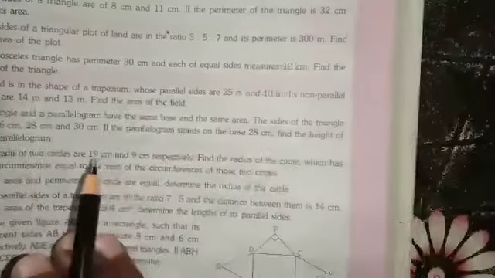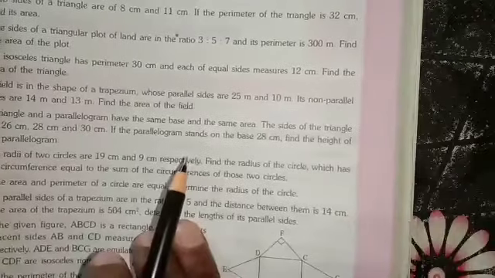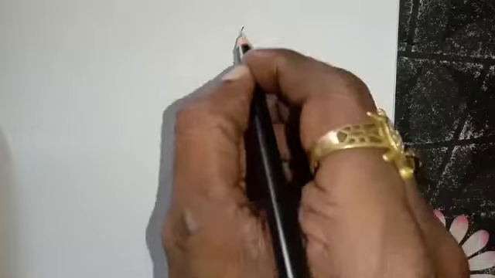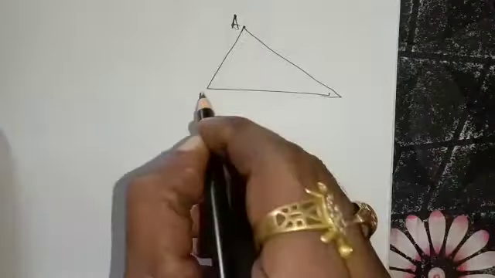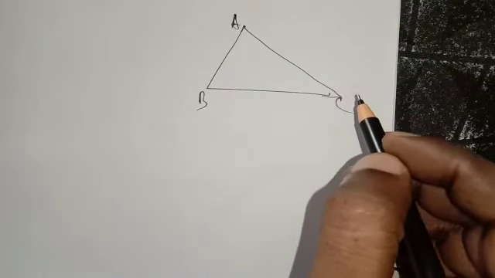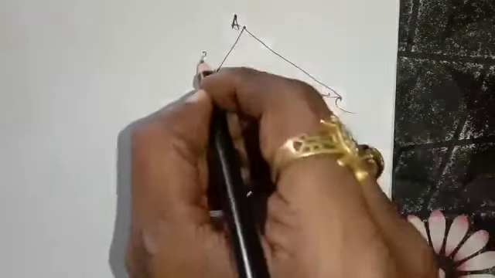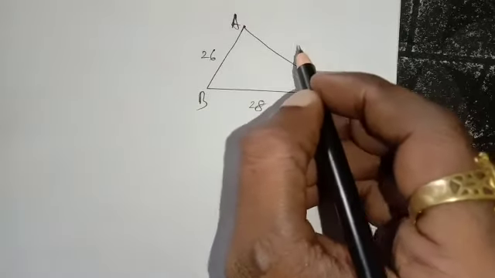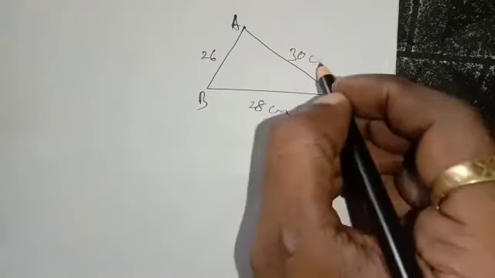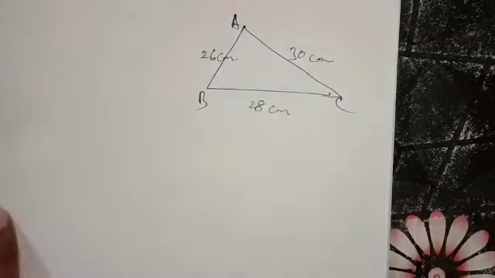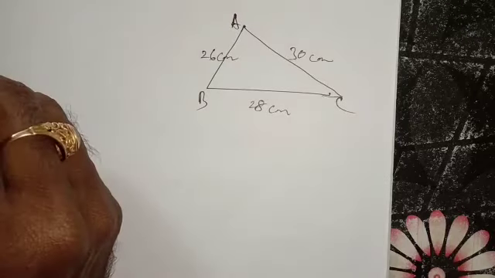How to solve? So first you draw one triangle. First you find the area of triangle by Heron's formula, as it is given three sides. Number 5. For your convenience, draw one right hand triangle. Suppose ABC is a triangle. Three sides given. One is 26, 28 and 30 centimeter. Okay. So by Heron's formula, you have to find out area of triangle